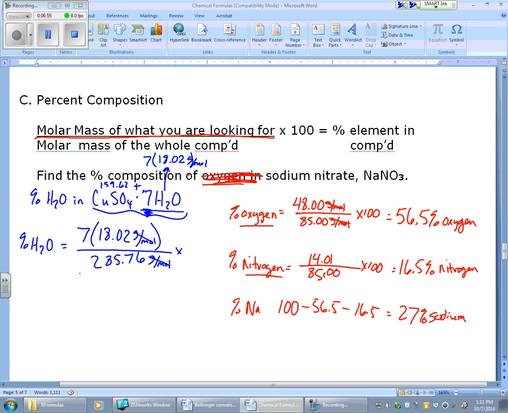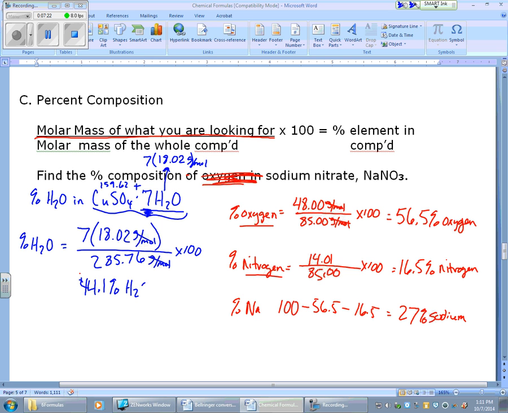Grams per mole cancel out, all of that times 100. And when I do this calculation, 7 times 18.02 divided by 285.76 times 100, I get that this thing is